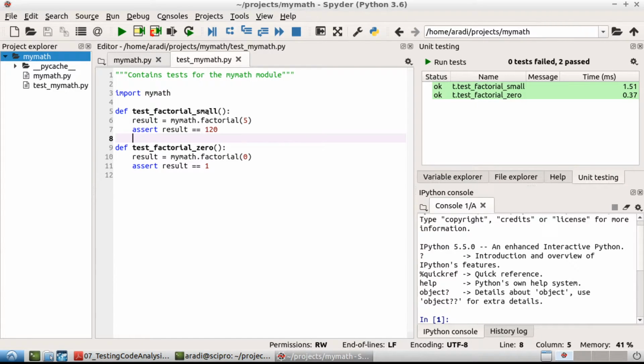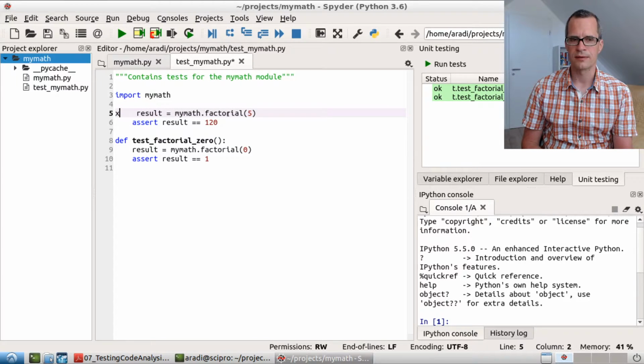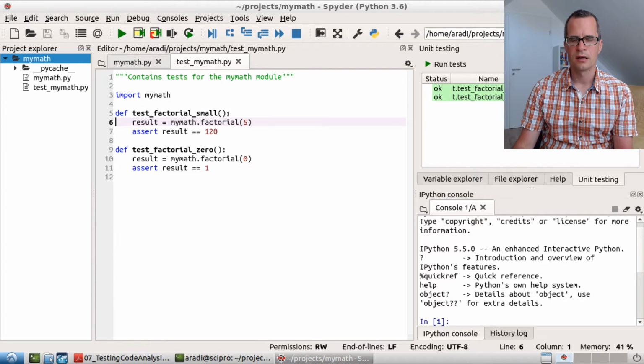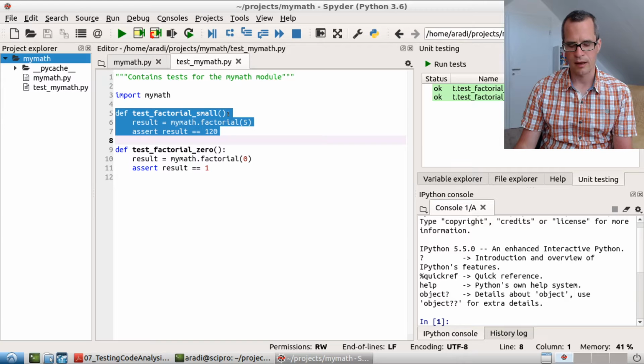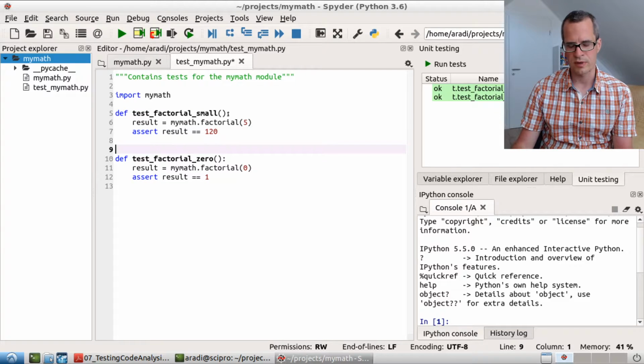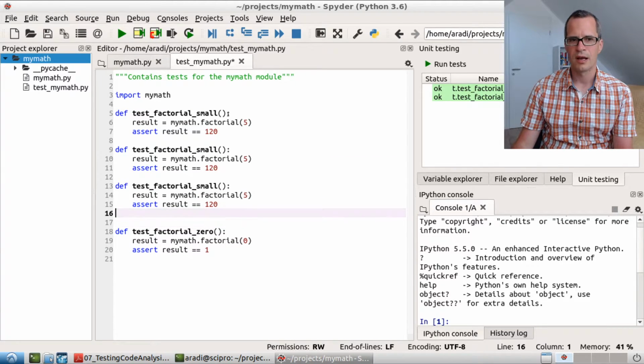Now of course here we only tested for one integer, the number 5. But of course, why should we only test for the number 5? It would be good to test for several numbers. On the other hand, it would be quite dumb just to repeat the same subroutine again and again,